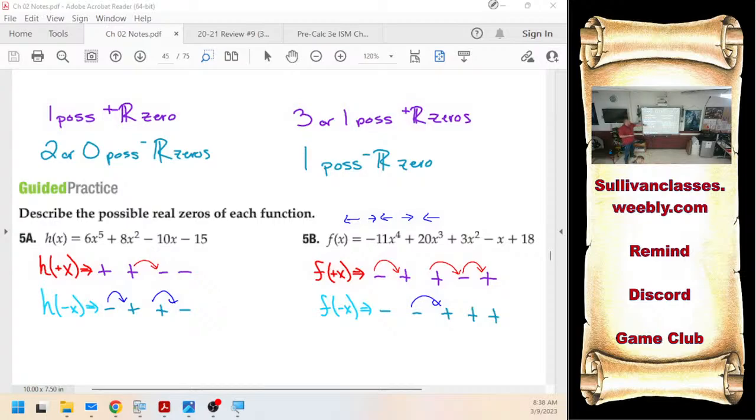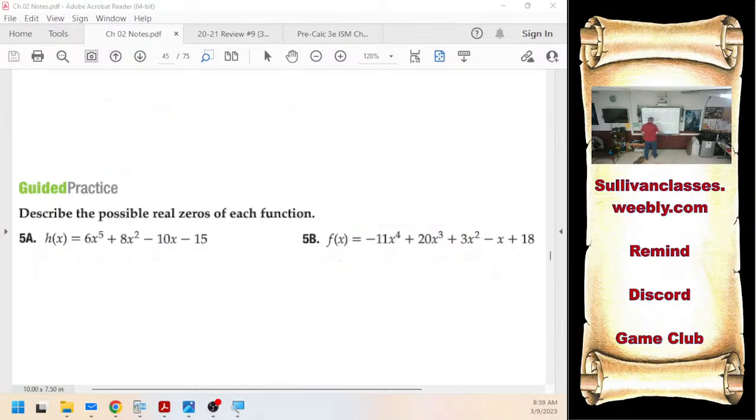So like for 5a, I would start with the positives. Once I find that positive, I would quit and move to the negatives. It just helps you narrow down your options. Now, we're going to be working smarter, not harder. I still got to show you Descartes. But after that,